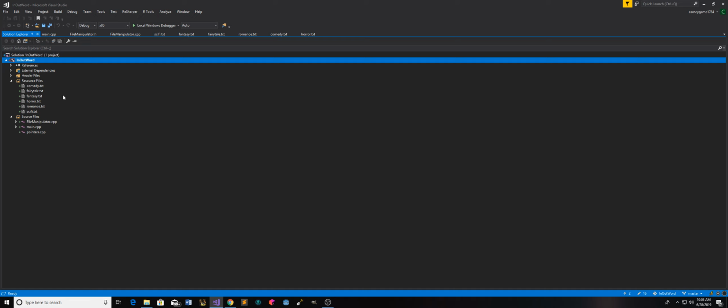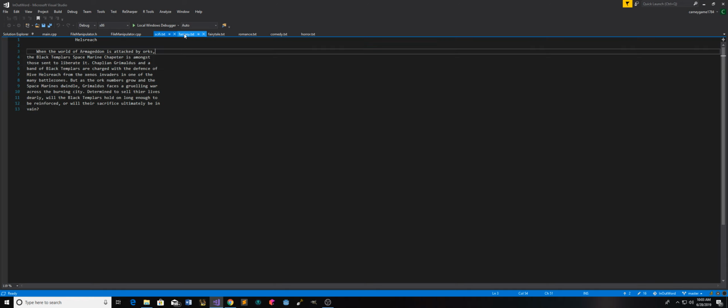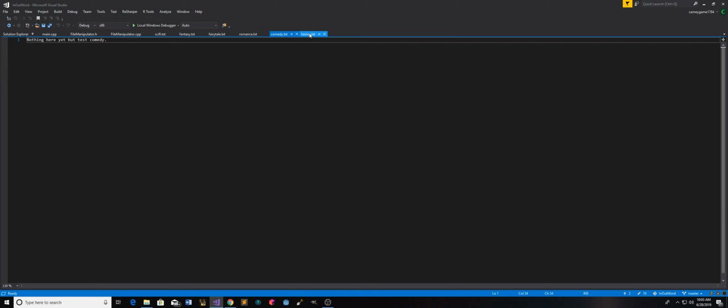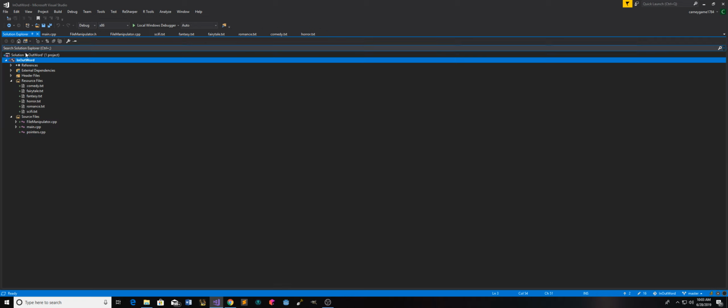So if you're in here, I have numerous text documents. They're all right here. They each have a text of something from a book, minus these two, I didn't get them in there yet. But so resource files got text. I got the header file, which is file manipulator, and this is just basically holding everything that's going to manipulate the files and functions. It also holds